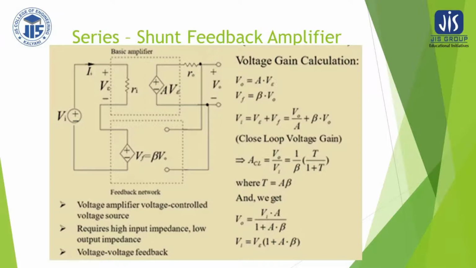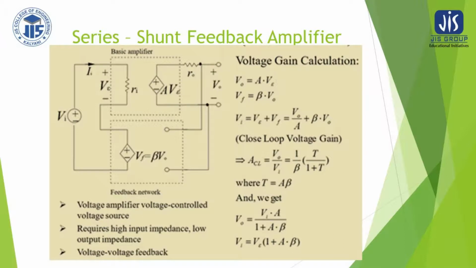And how it could be proved that it is input voltage and output voltage: we already have discussed that series connection is required for higher impedances and shunt connection is required for lower impedances. So it is very much clear that the input of the amplifier is having higher impedance and at the output you are getting lower impedance. We know for a voltage amplifier, input impedance is high and output impedance is low. So from this series shunt connection, it is very much clear that it is a voltage amplifier.